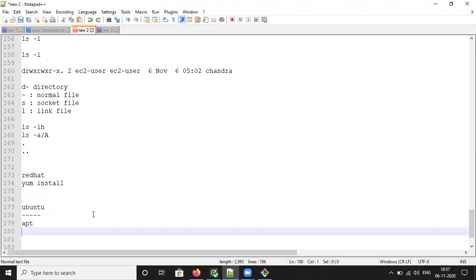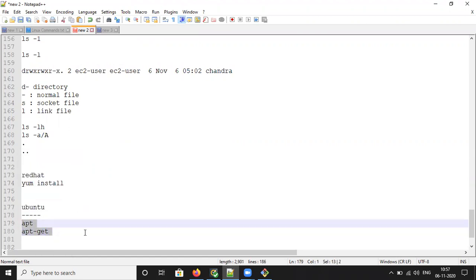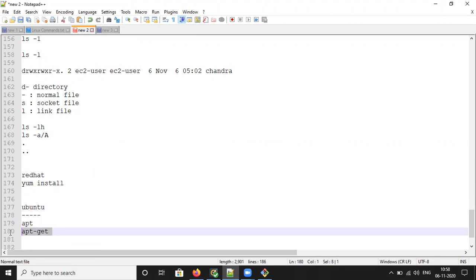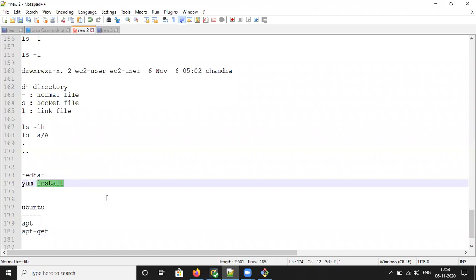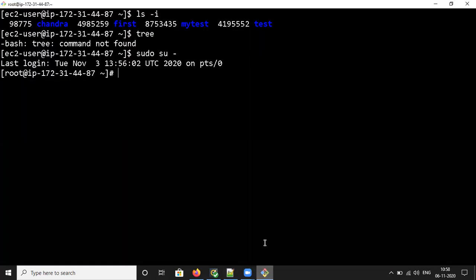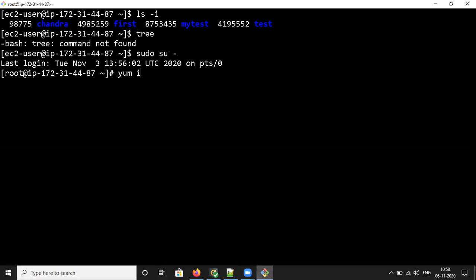It will be apt or apt-get install. If you want to install any software in Ubuntu, you have to use apt or apt-get. And in case of Red Hat, you have to use the yum command for installing any software. So now I want to install using yum install tree.